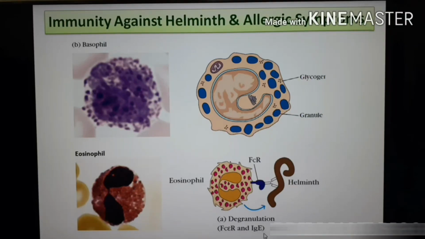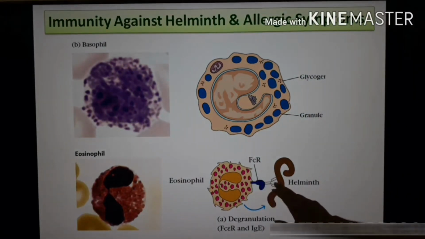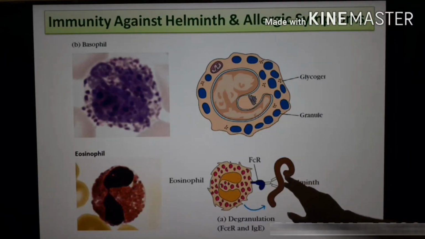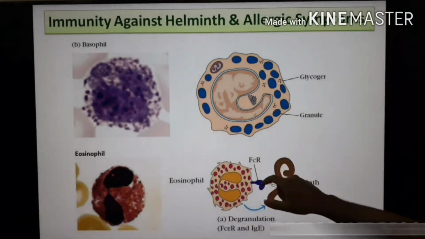This is the only responsible antibody that actually develops immunity against helminth. Eosinophil, basophil and also mast cell express high affinity Fc receptor for IgE antibody. Fc receptor means fragment of crystallizable receptor. So this receptor can bind with the Fc region of antibody. Antibody can coat a helminth, and that antibody can be recognized by eosinophil, basophil and mast cells, and after binding